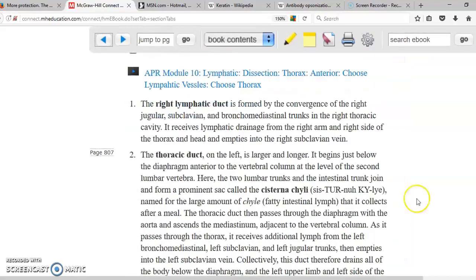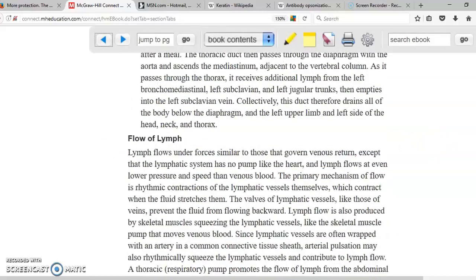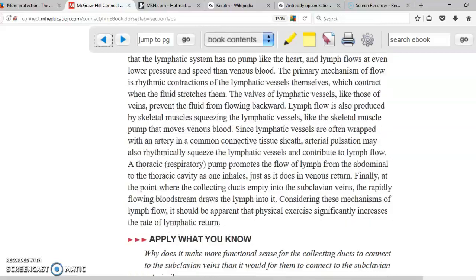And right here we have, as we said, that the right lymphatic duct is for the right side, just 1/4, remember that, and the thoracic duct is going to be for the 3/4 of the rest of the body. Okay, so we keep scrolling down, flow of the lymph. We already talked about this. The flow of the lymph follows the same pattern as the venous return. It needs the help from the abdominal pressure as well as the skeletal pressure that happens at the level of